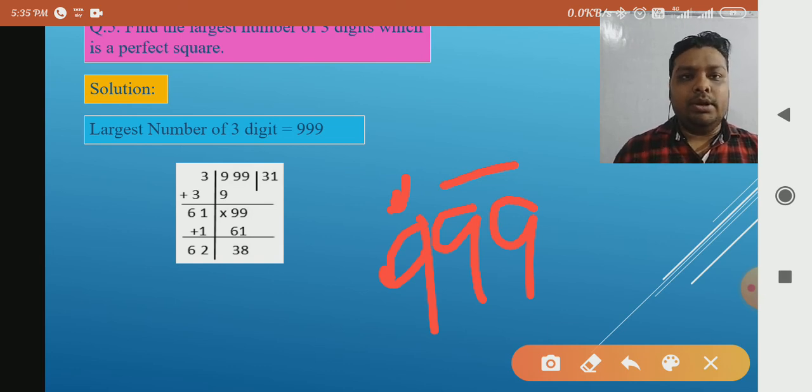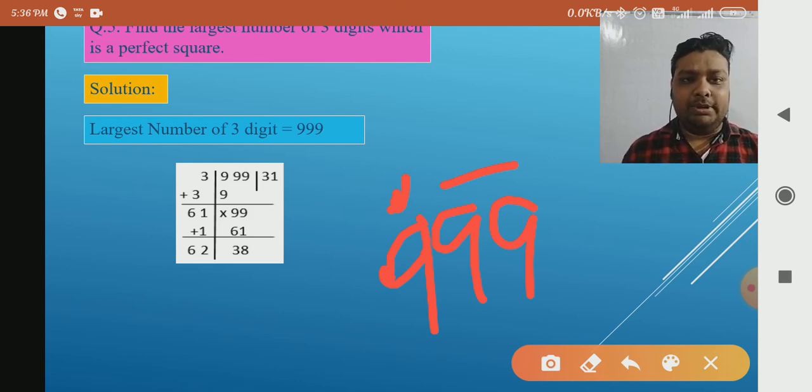Okay, now after 1, let's divide with 2. Then we have to multiply with 2. So 2 into 2 is equal to 4. It is also less than 9. Now the next number 3. If we multiply 3 with 3, then 3 into 3 is 9. It is equal to that period. So always keep it in your mind that if we divide with any number, then that number will be less than or equal to that period. We cannot take a number more than that period. It means that we cannot divide.